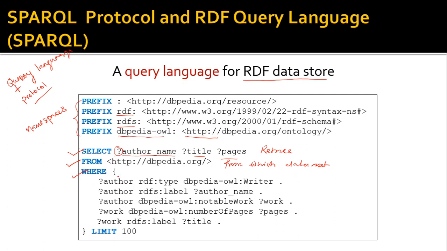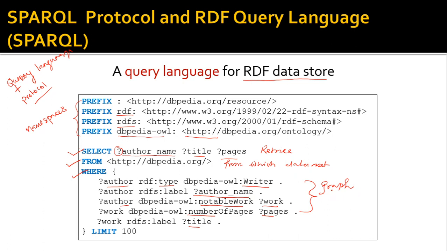And this where part of it, which is the main part of this query, here we are providing our intent, what exactly we want to have. So what we are trying to say is that there is something which is of type writer, and this something has got a name to be author name, and this something has got notable work to be work, and this work has got number of pages to be some value, and this work has a title, some title, and we are limiting the result to 100. Maybe it can have say tens of thousands of results, but you are happy to see only 100 out of this. So we can see shortly that this will also form a graph,